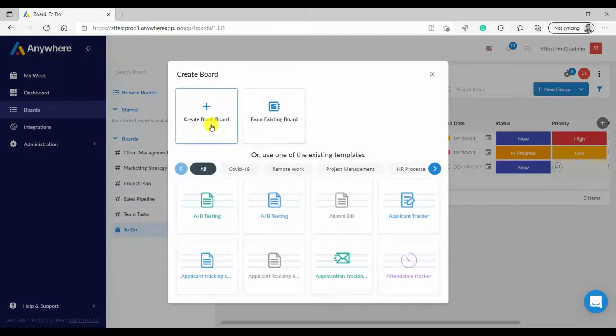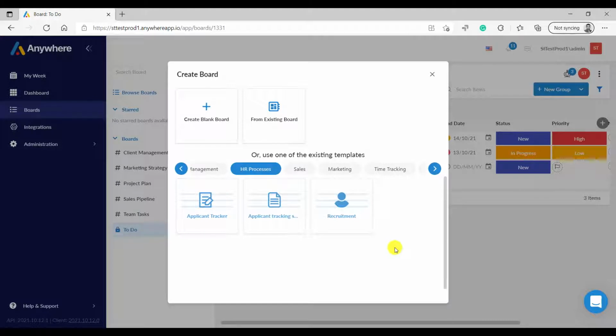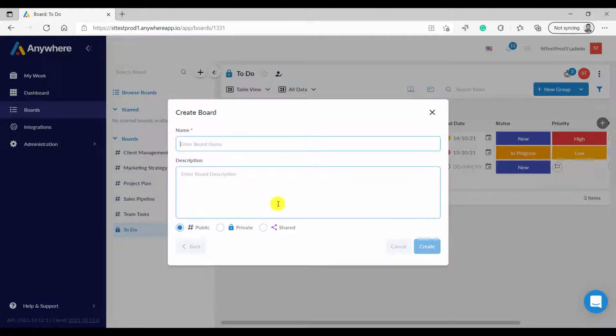When you create a board, there are three options available. You can create a blank board, you can create one from an existing board, or you can use one of the templates available. We have about 90 plus templates available under a lot of different categories. Using these templates helps you save a lot of time, because you get a pre-structured board with predefined automations and predefined widgets in it, and everything is configurable. So you can still go ahead and customize it to suit your needs, delete the columns, add different groups, add different automations, whatever you want to do. So templates are a very good place to start with a new board, but if you are very comfortable, you can go ahead and start creating a new board from scratch.